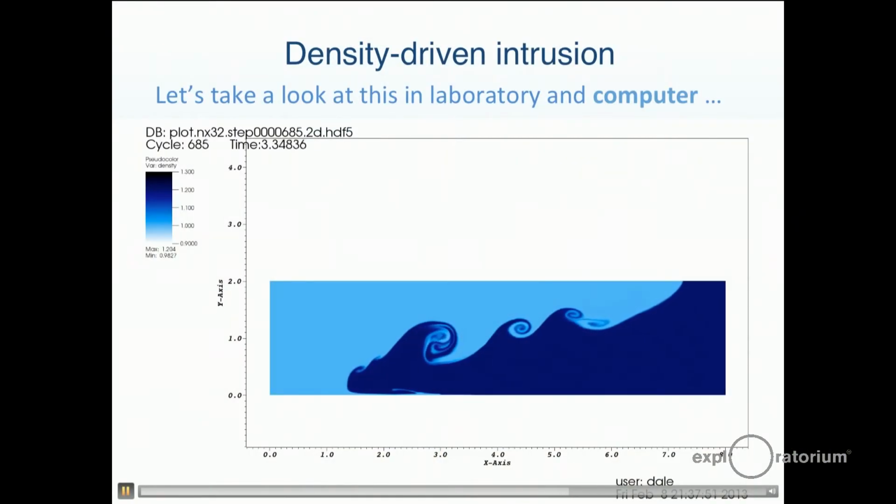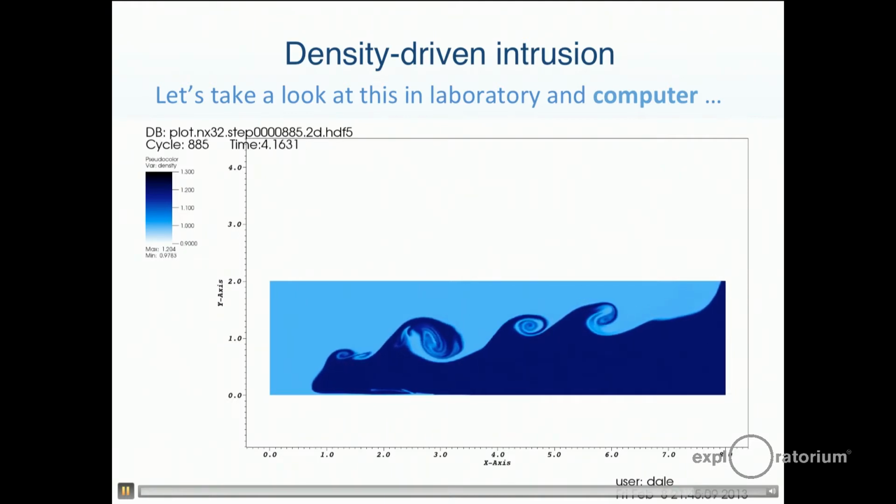But the basic idea is that the density creates pressure gradients that push the seawater into the bay. It would not get in nearly as effectively if the tide just went backwards and forwards and backwards and forwards.